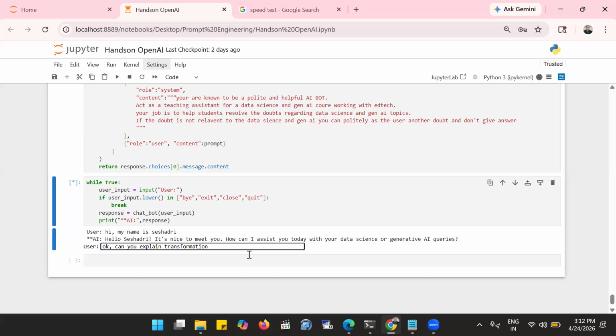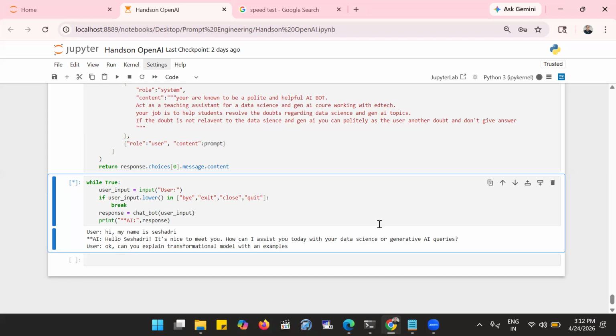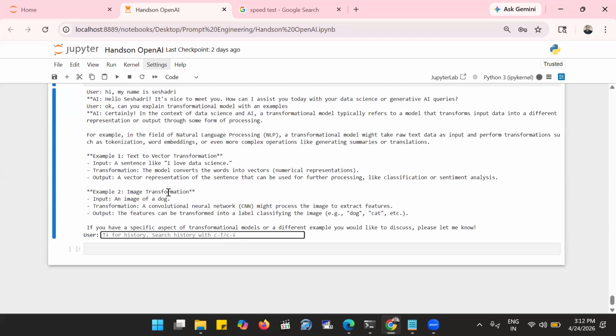Transformational models with examples. See that it is providing the example. And if you are asked questions relevant to data science and generative AI, then only it is providing the answers. And I can ask the question,